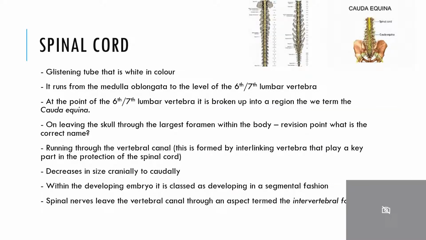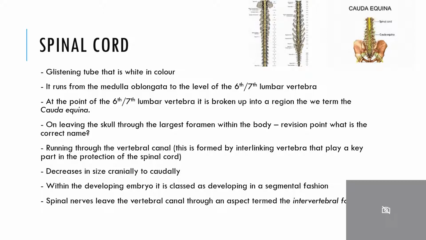The spinal cord, a glistening tube that is white in colour. It runs from the medulla oblongata to the level of the 6th or 7th lumbar vertebra. At the point of this 6th and 7th lumbar vertebra, it is broken up into a region that we term the cauda equina. On leaving the skull through the largest foramen within the body, which we term the foramen magnum,